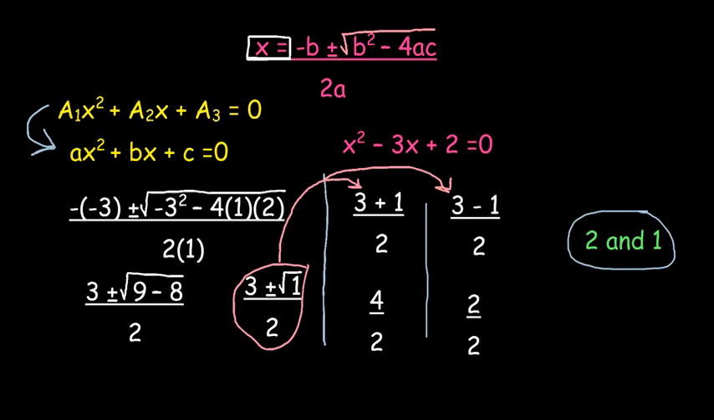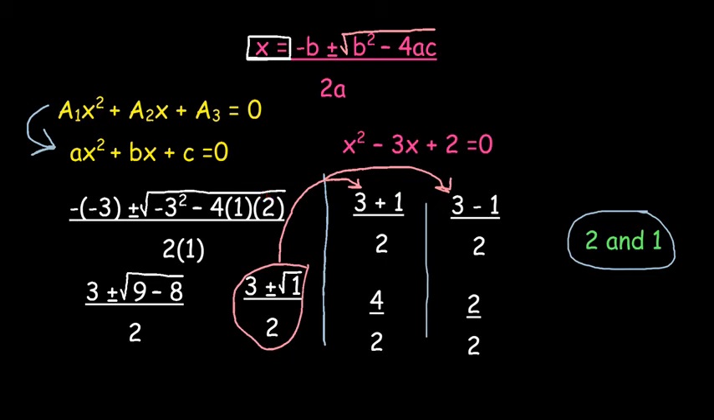Now, there is a formula by which you can directly find out the roots of any quadratic equation. The formula is x equals minus b plus minus square root of b squared minus 4ac divided by 2a. So, for this formula to work, you assume a1 as a, a2 as b, and a3 as c. Okay, so using the previous equation, you get b as minus 3, a becomes 1, and c becomes